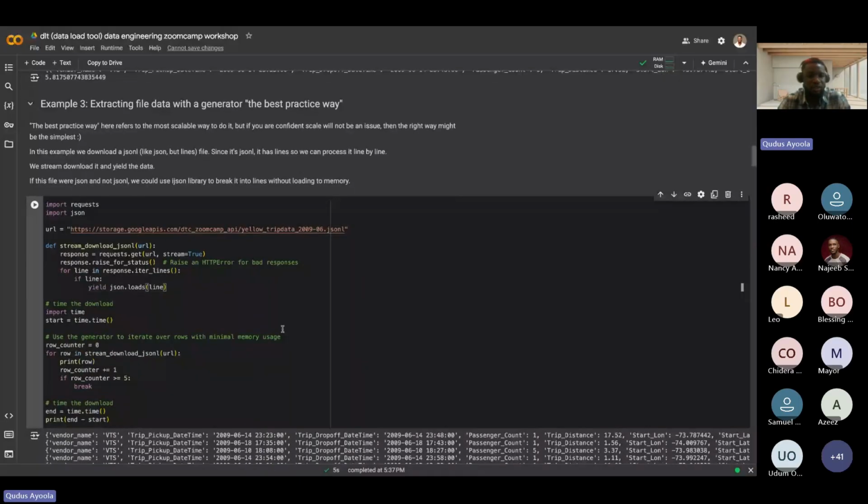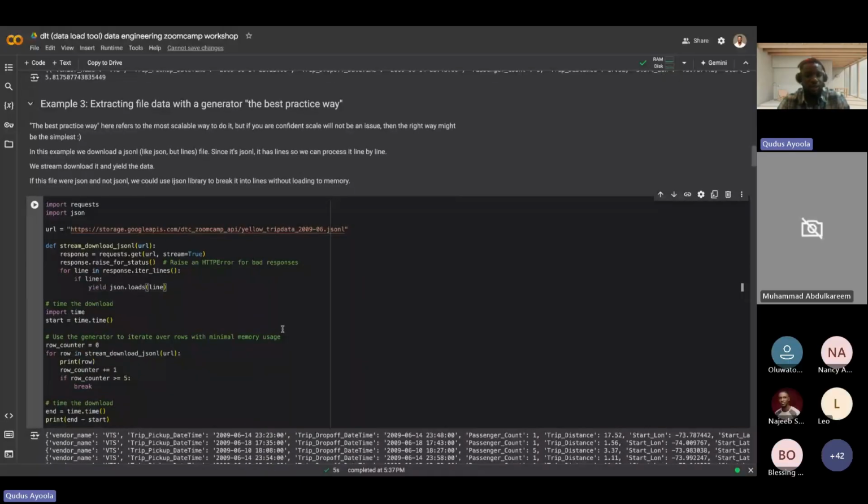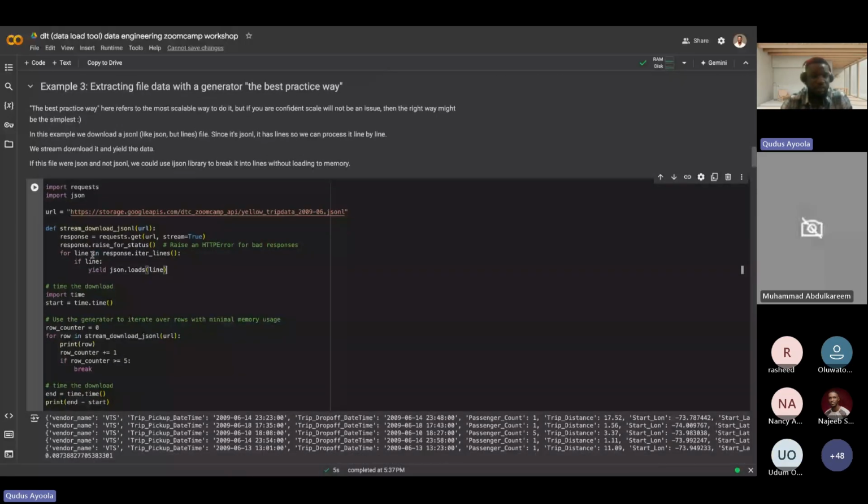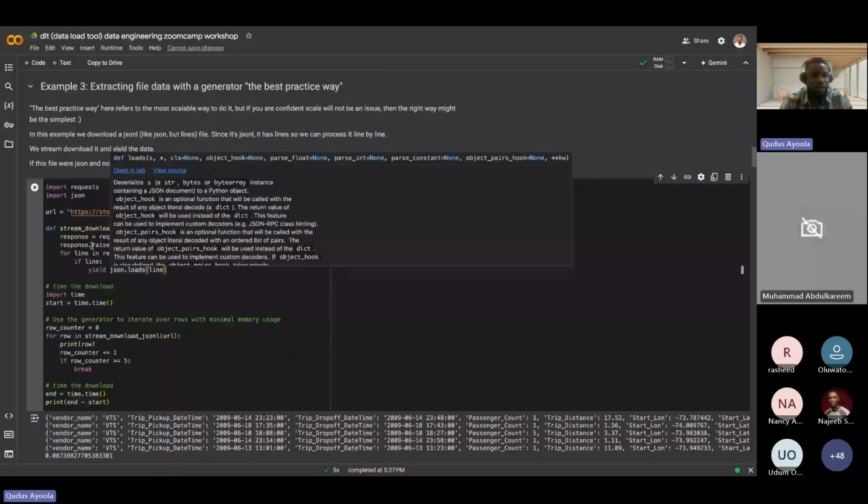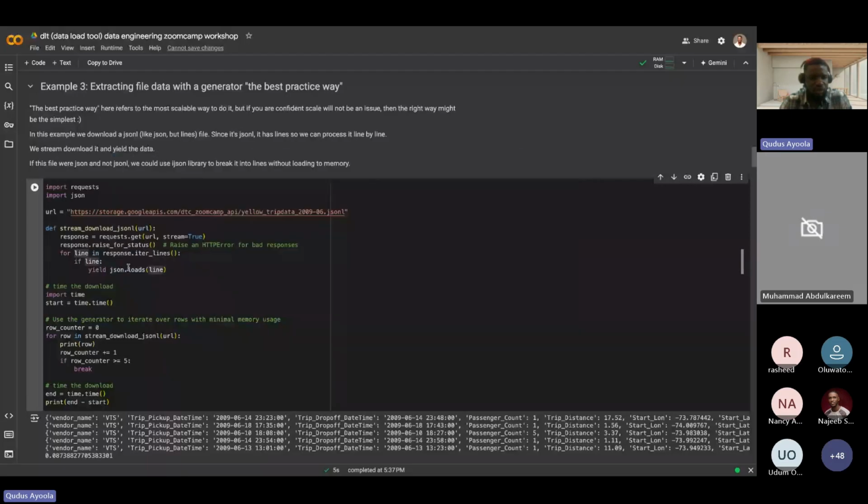So another way is right here, where we are streaming our data in real time using the yield statement. Whenever the data gets into the destination, it can easily stream and fetch the data row by row. So this is the generator function that is reading the data, saying for each line, yield this line.